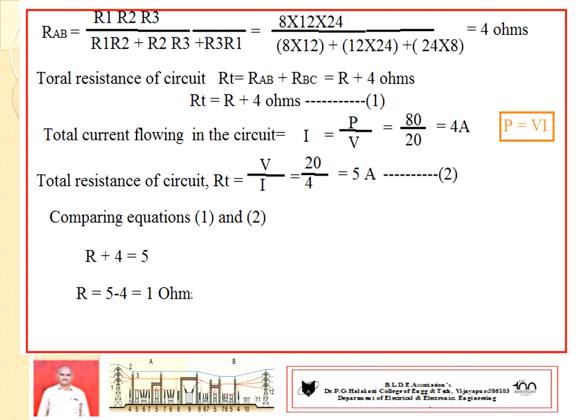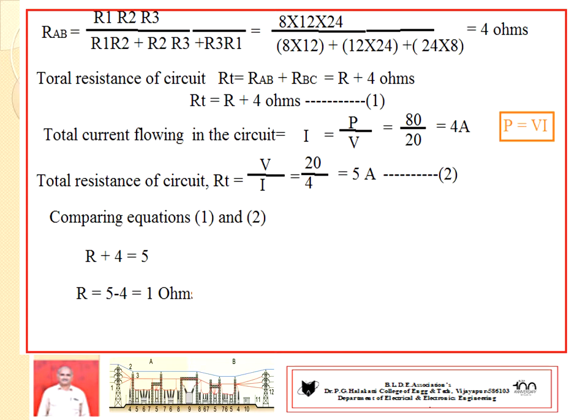Then come to the power expression. Which data are available? If voltage is available, if current is available, then I can proceed. Power equal to V into I. Getting the idea? Power equal to 80 watts. Also power equal to, in a DC circuit, V into I. Total current into total voltage equals total power. Hence, total current equals 4 ampere.